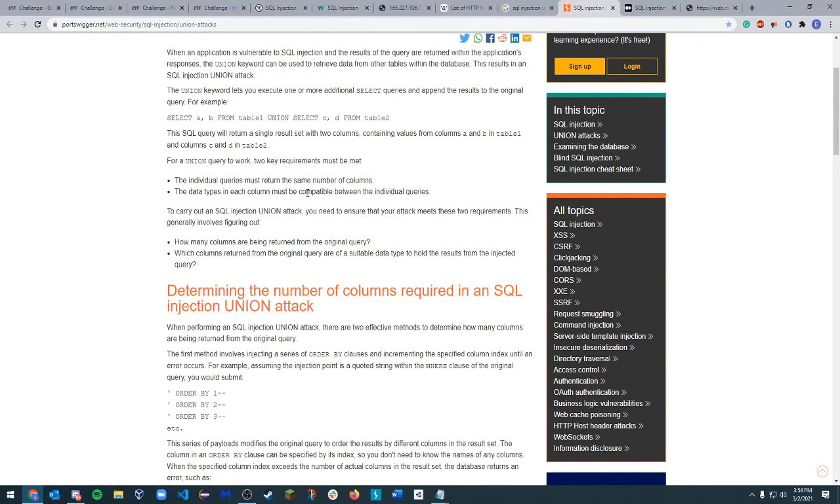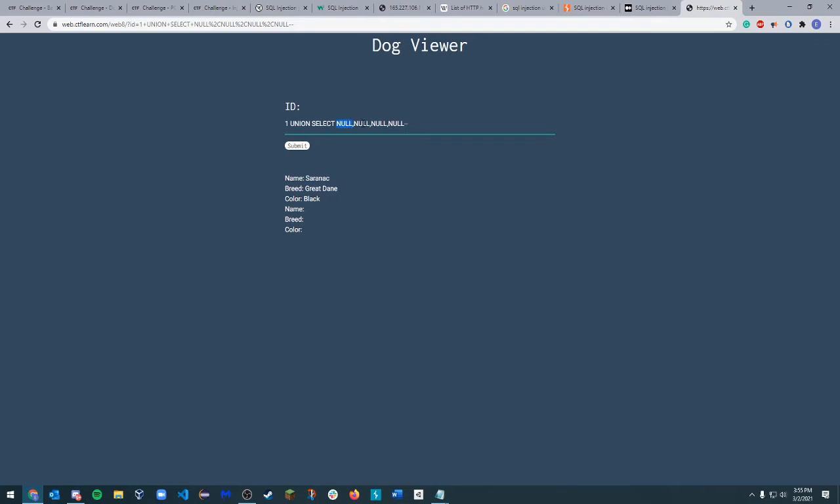So we found our first step: how many columns are being returned by the original query, so 3. And then which columns returned from the original query are a suitable data type. So that's the next thing we check for. Now that we see all of these are null, one of them has to be a certain data type we're looking for. And the thing to do that is really interesting: @@version. So @@version will return the version number of the